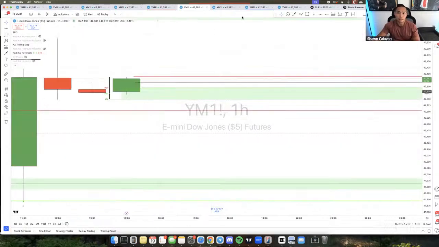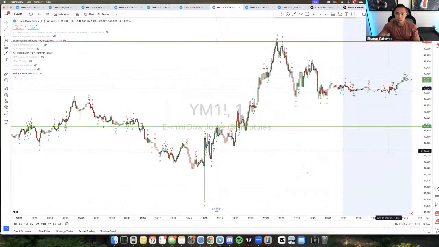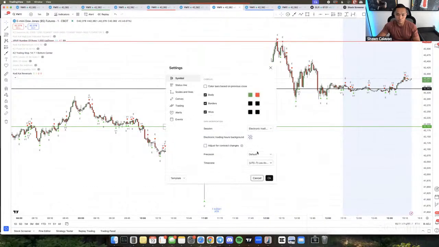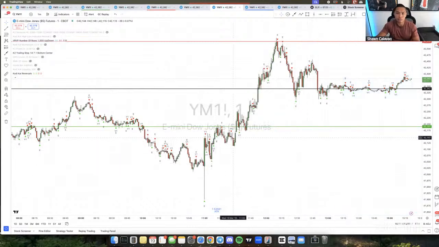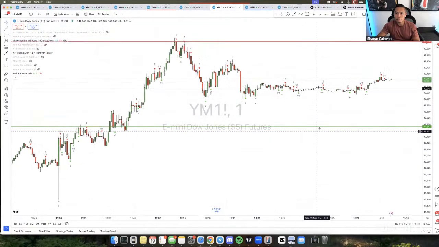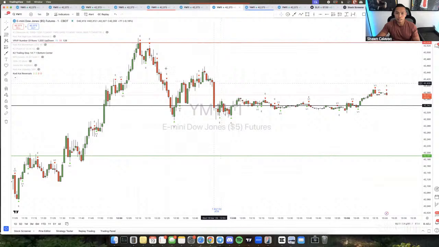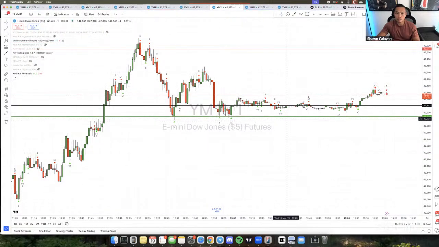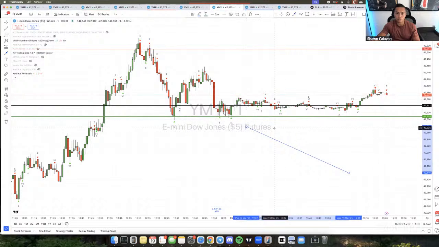The other thing that I look at here is volume profile. I don't necessarily use volume profile very much because it's not as accurate as market profile. It's okay, it does the job, but it's not as accurate. Here's the thing that I don't like about volume profile. If I zoom in, you'll see here that these levels change. See how the levels just change right there? I don't like that, right? I don't like when it changes like that because it doesn't show me exactly what's legit and what's not legit.